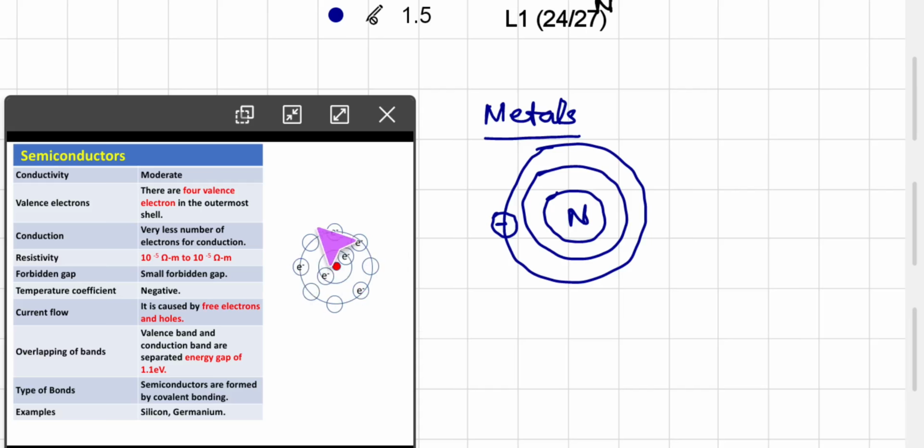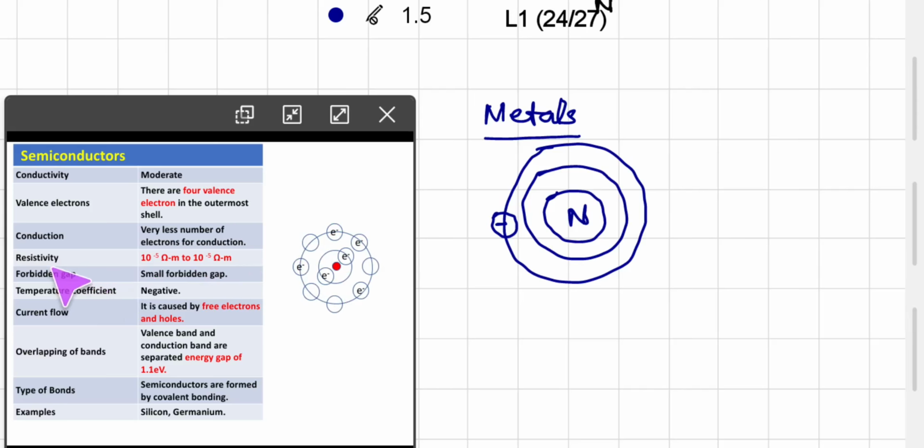See here, if we consider this is the semiconducting material, we see in the outermost shell there are 4 electrons and 4 vacancies. So in this case there are chances, if these electrons get sufficient energy they can become free, or if other electrons are nearby they can be accommodated in this atom, they can form bonds. So this way it can work as a conductor also. There is very less number of electrons for conduction, the free electrons are very few.